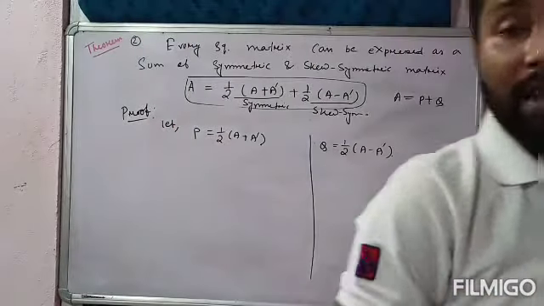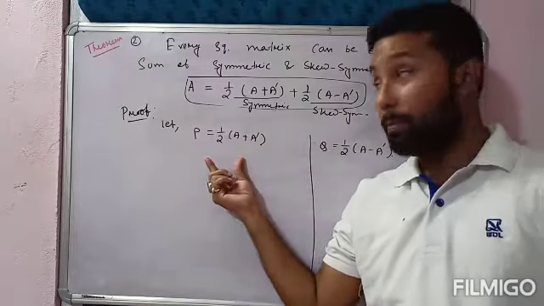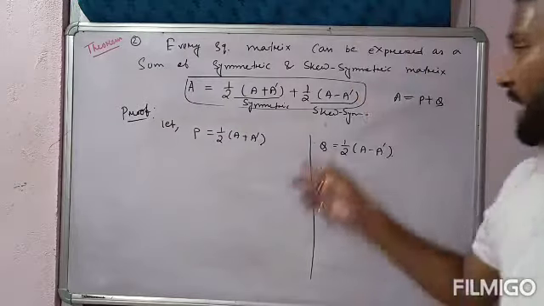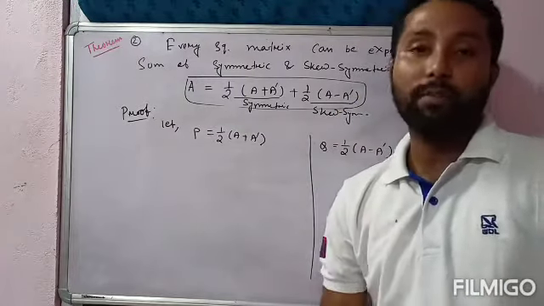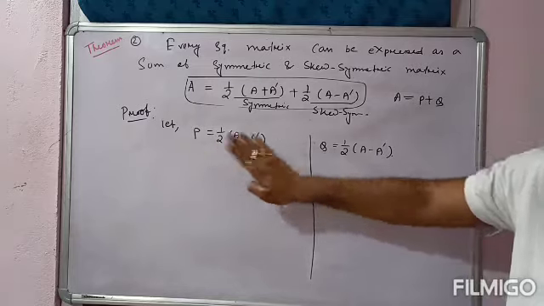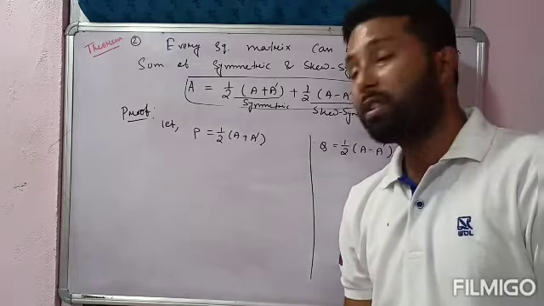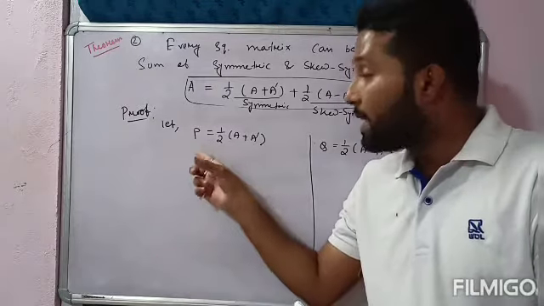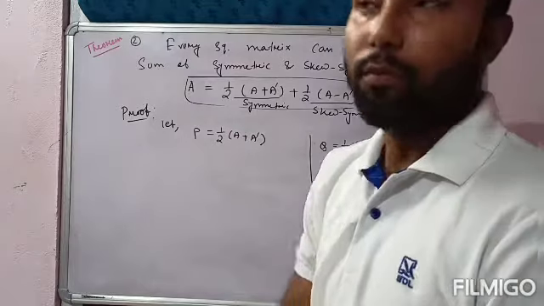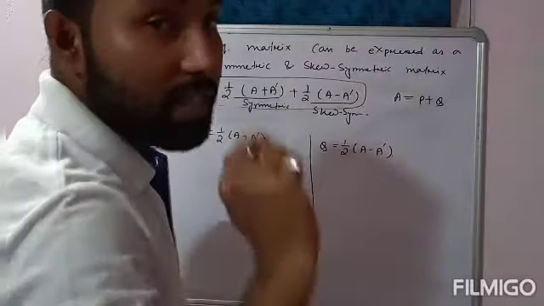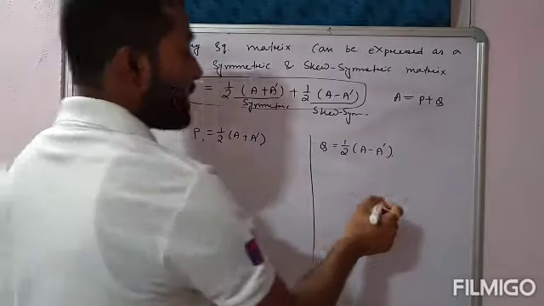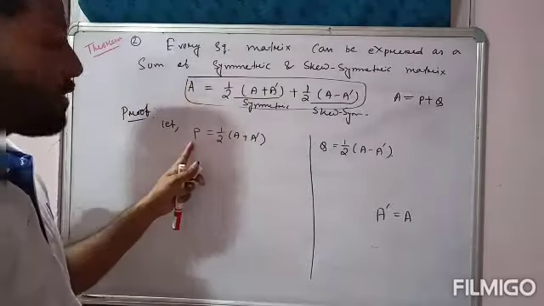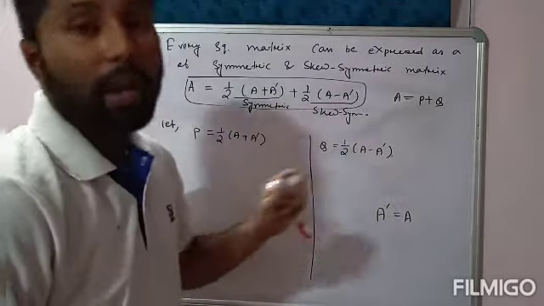Okay. What is P? P is the symmetric part or skew symmetric part? P is the symmetric part. जिसमें plus sign है, that is called symmetric. A plus A transpose is symmetric, whereas A minus A transpose is skew symmetric. Okay. So let us consider P is symmetric, whereas Q is skew symmetric. ये तो मैं assume किया, लेकिन अभी ये दिखाना पड़ेगा, प्रूफ करना पड़ेगा कि P is symmetric. So how can we prove? For this, you should know the condition of symmetric matrix. What is the condition of symmetric matrix? We know the condition of symmetric matrix is A transpose is equal to A, which means here you have to show that P transpose is equal to P.